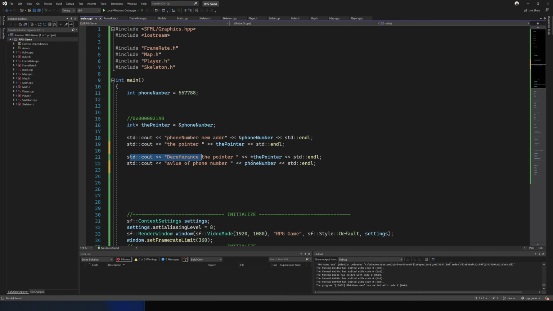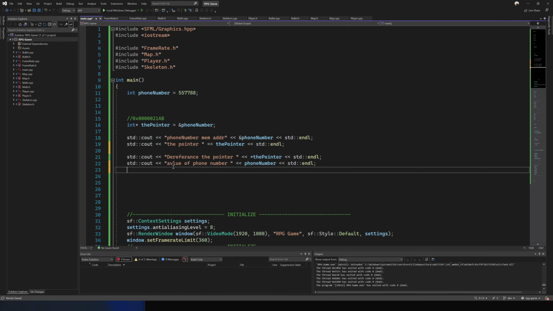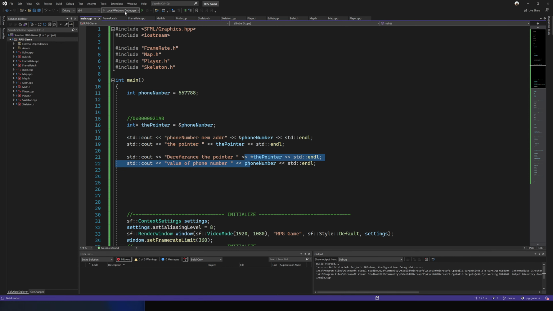Now, the second line here, I am dereferencing the pointer. Which means this pointer is going to go to this memory address, and it's going to print the value over here. That's what dereferencing means. And then I'm also printing the value of the phone number, which is the normal variable. So these should be identical, and these should be identical. So if I press play now,